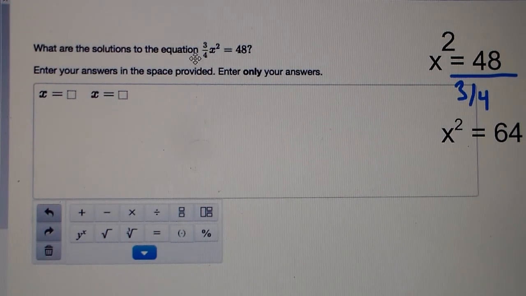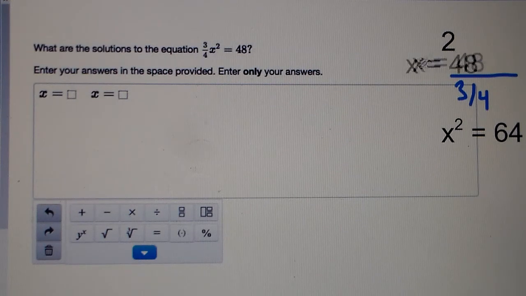What are the solutions to the equation of 3/4 times x squared equals 48? That's our problem up here. Enter your answers in the space provided, and enter only your answers for x equals what number and x equals another number. And you have this whole math box to work with as far as typing into this box. So to get x all by itself,